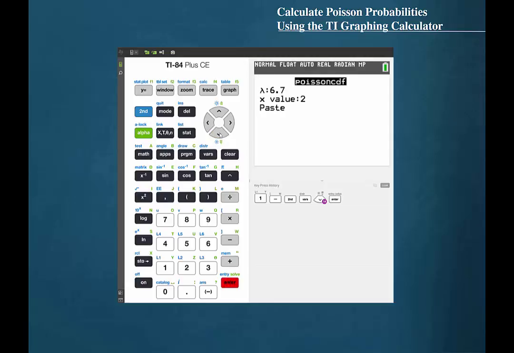Lambda, the mean number of occurrences, is again 6.7, and since we will be subtracting the probability that X will be 0 or 1 or 2, our X value will be 2. Highlight paste and press enter. Again, if you are using a version of the TI graphing calculator that does not present a wizard, make sure that you enter the values in the correct order. Press enter, and we find this probability to be